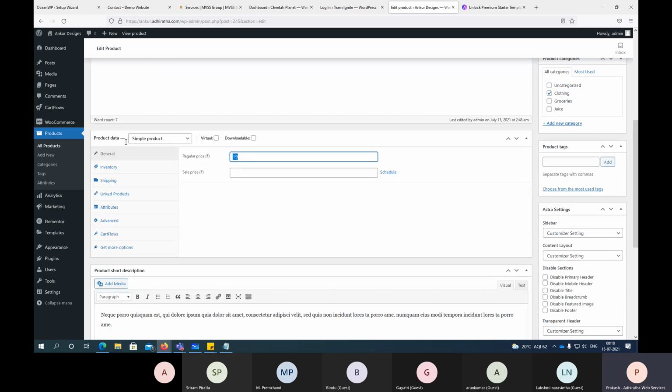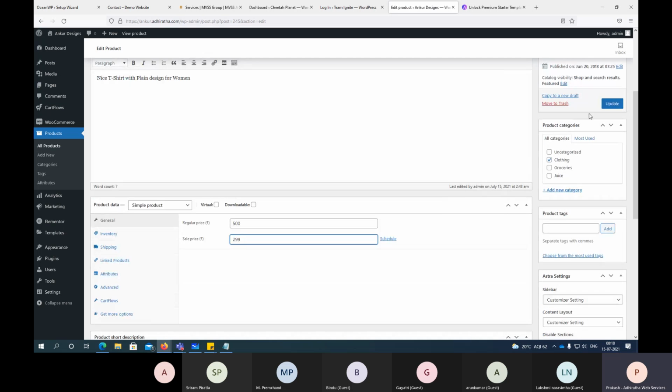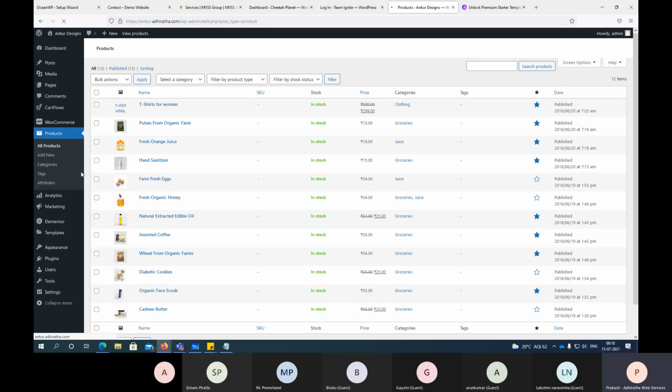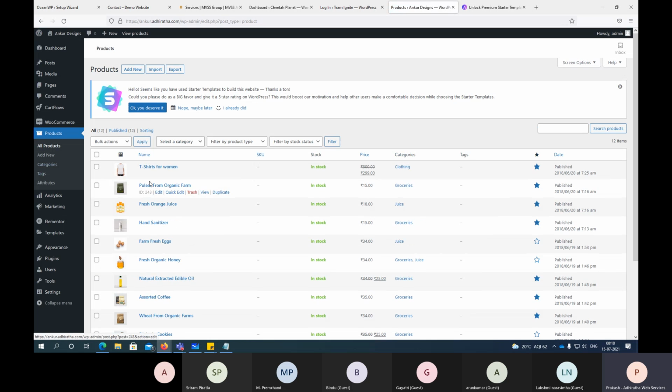Now the pricing, I can set the price here however I want. Regular price is, say, 500 rupees. The sale price is, say, 299, something like this. Again, I can update it. That's all. So now in the product list, your items are listed here.